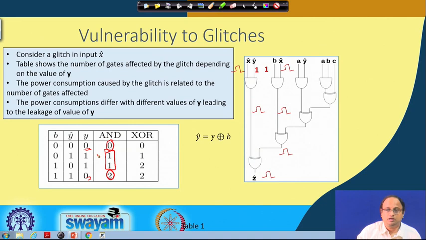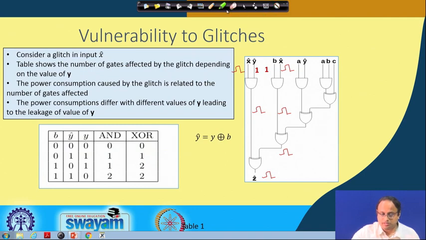But if you do the same exercise for the XOR, you will see here it is 0 plus 2, but here it is 2 plus 1, which is 3, again it is different. So, you see that the number of glitches for the XORs are essentially getting correlated with your unmasked data, which is y. This again tells us that even the Trichina AND gate is also vulnerable to glitches. And therefore, this is not even secure against first order differential power attacks. Of course, I will require more observations, but still the attack will work.